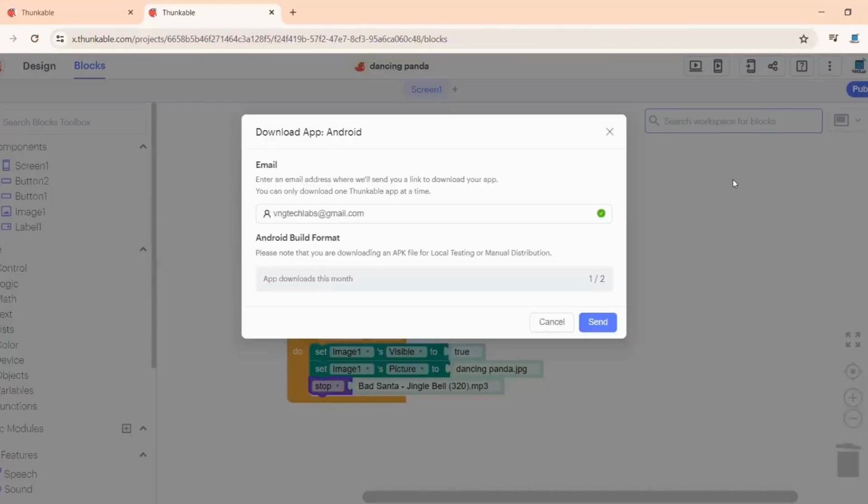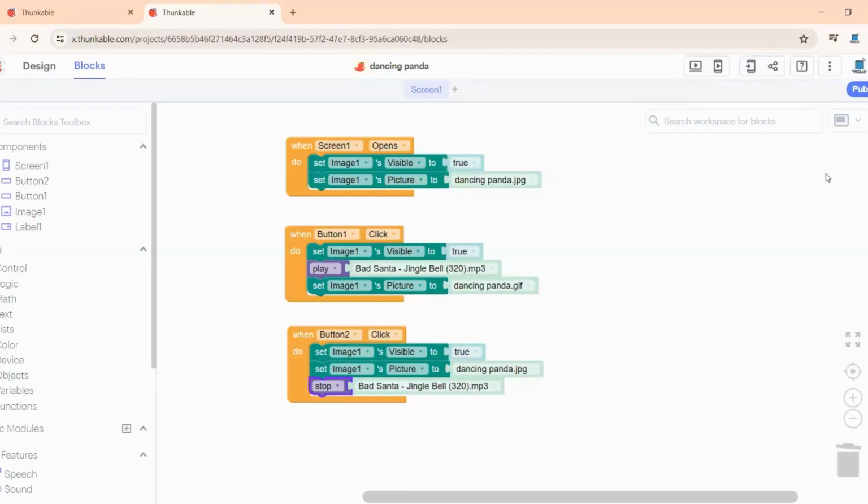Yeah, so I'm going to send it to my email ID. So this APK file will be sent to your Gmail ID that you have provided. So you can open this Gmail account on your mobile phone, and you can directly download it from your mail, and it will be saved in your files of your mobile phone, and you can double click on that file, and you can directly download it to your mobile phone. I'll show it